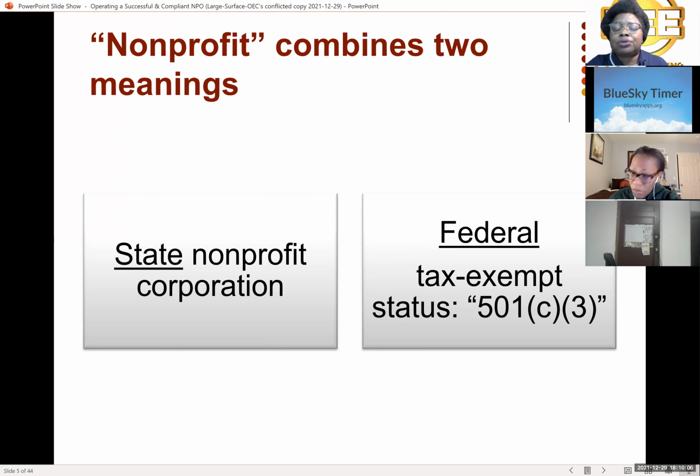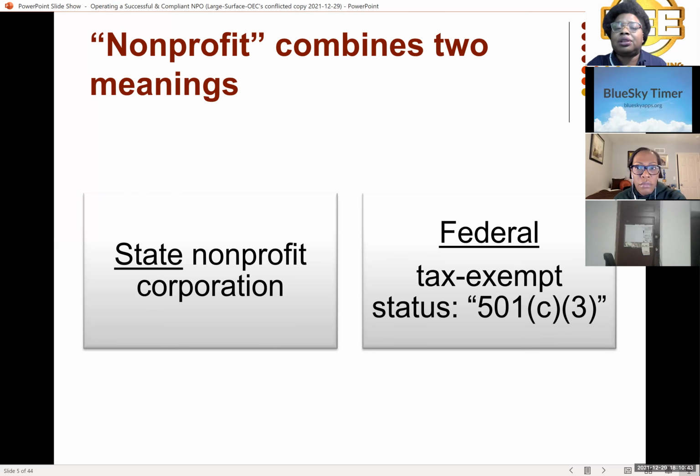To get the federal tax exemption, that's when you have to get the 501(c)(3). Some people think you have to immediately run out and get a 501(c)(3). You do not have to get the tax exemption to be a nonprofit corporation. However, to be exempt from federal corporate taxes, and sometimes the state, because they all have reciprocity and other agreements, typically you have two years to get your 501(c)(3) without the IRS asking a lot more questions than they would otherwise.